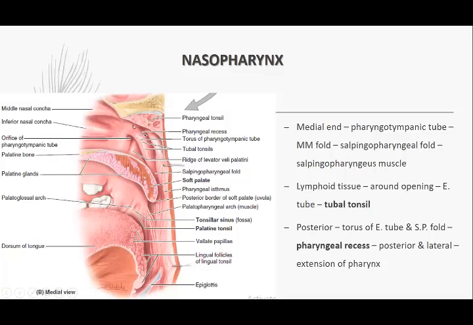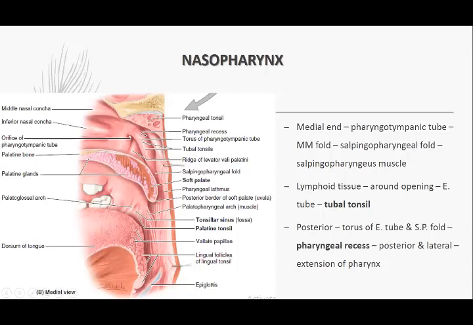surrounding is another fold of lymphoid follicles. ठीक है? ये जो fold of lymphoid follicles surrounding the eustachian tube, this is called tubal tonsil. Since it is surrounding the tube, it is called tubal tonsil. And extending down